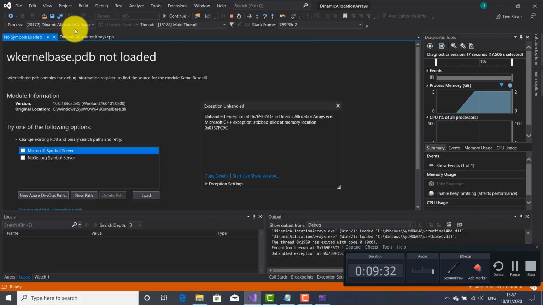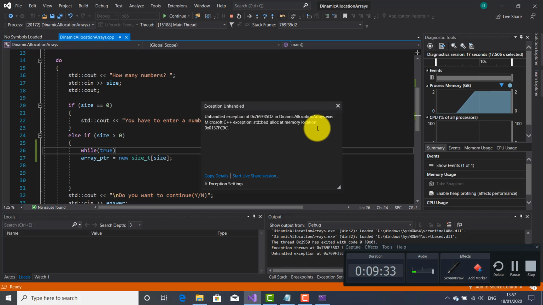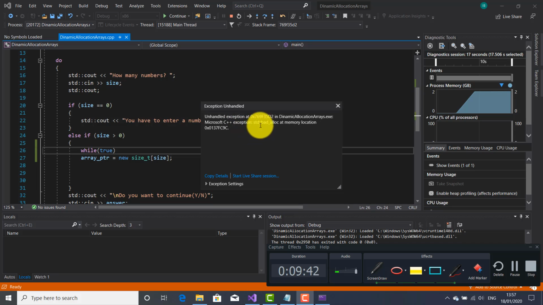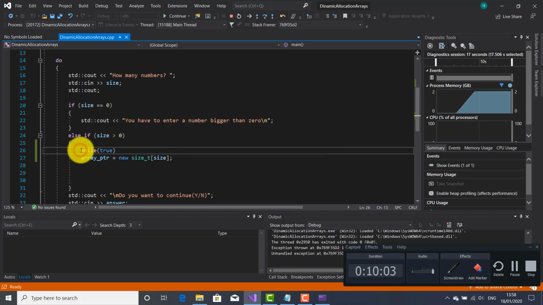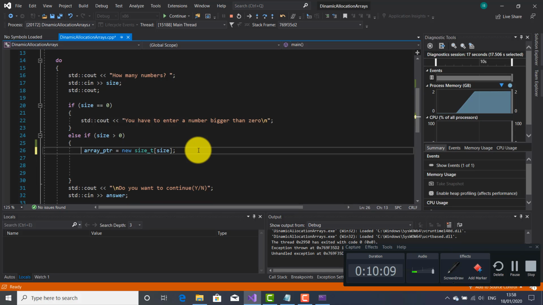Here you go. So as you can see, I receive this exception, and here is the message. There was not enough memory anymore to allocate to this array. This is called a memory leak. So that's why you have to free the memory after you created an array or a variable using the dynamic